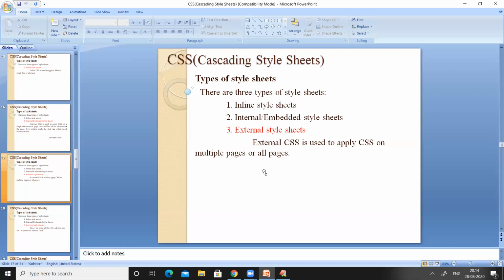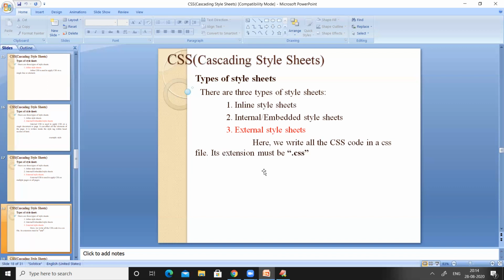What we do here is, we write all the CSS code in a CSS file. Its extension must be .css. That means we are not going to include the style attribute along with the elements, and we are not going to include the style tag in the head section.